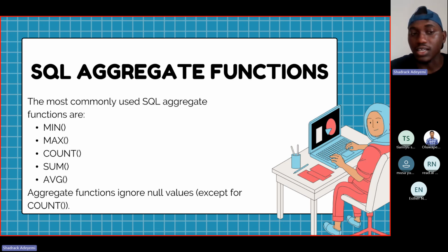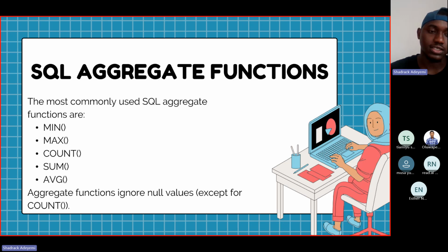As data analysts, we're probably not seeing this for the first time. Having worked in Excel, Power BI, and Python, you would have seen most of these functions. The min should return the minimum value in a set or range. The max should do the opposite. Count should return a count of the set of values that you have in a specified range. Then the sum should add them up, and the average should return the average value in that set.